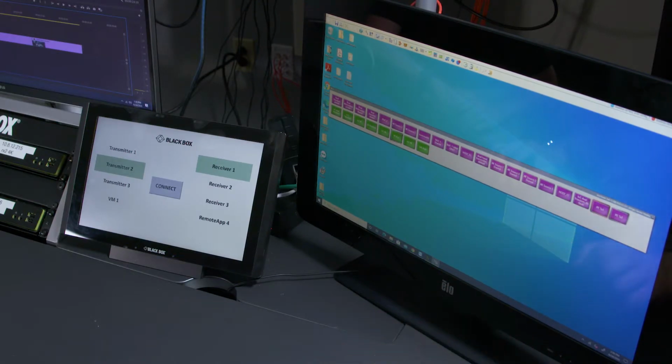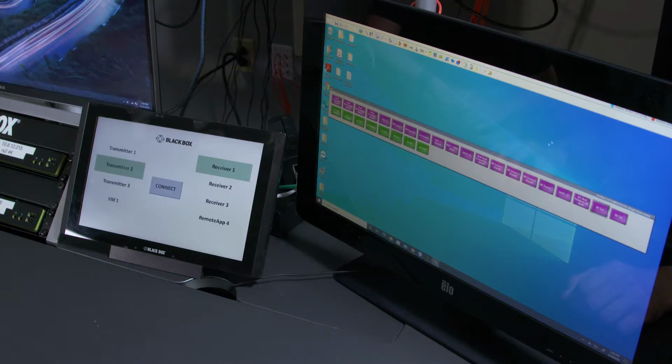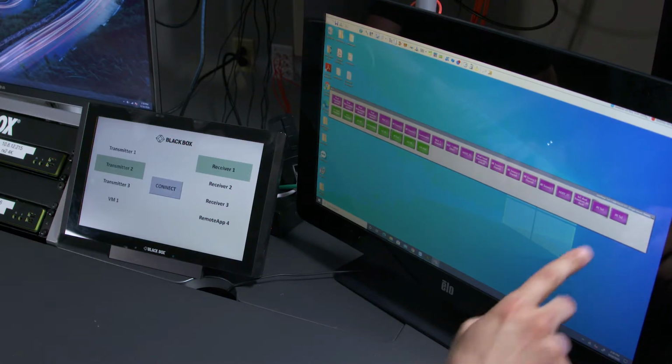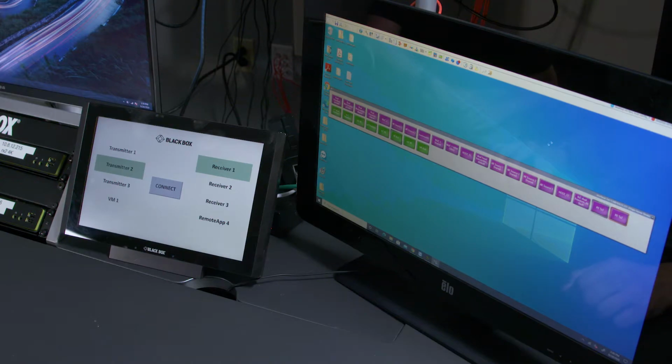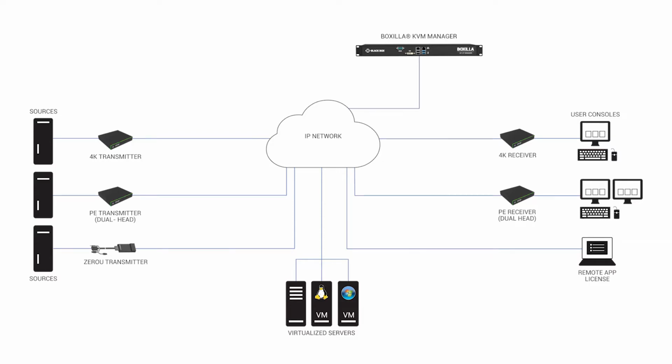Okay, so the idea is users are familiar with these panels, and pushing these buttons sets the KVM event for each task and reconfigures their desk, as well as the applications they are accessing. Exactly. As initially explained, I have an Emerald receiver connected to a 1 gigabit network. This gives us access to the physical machines through transmitters and to virtual machines directly connected over the network. Boxzilla is on the same network and allows for control by Lavo VSM via the REST API.